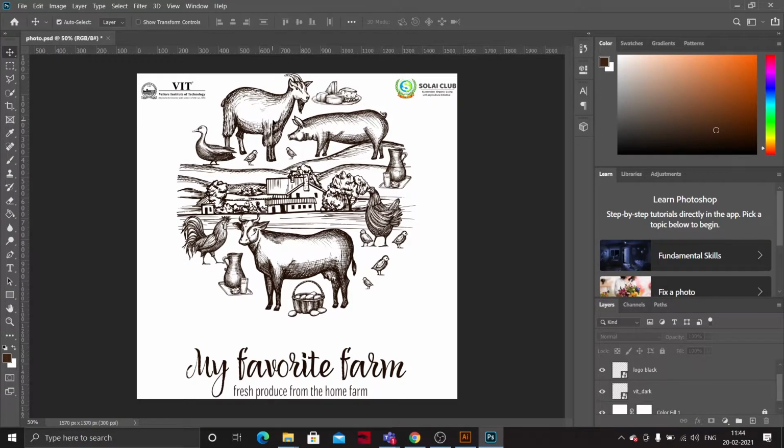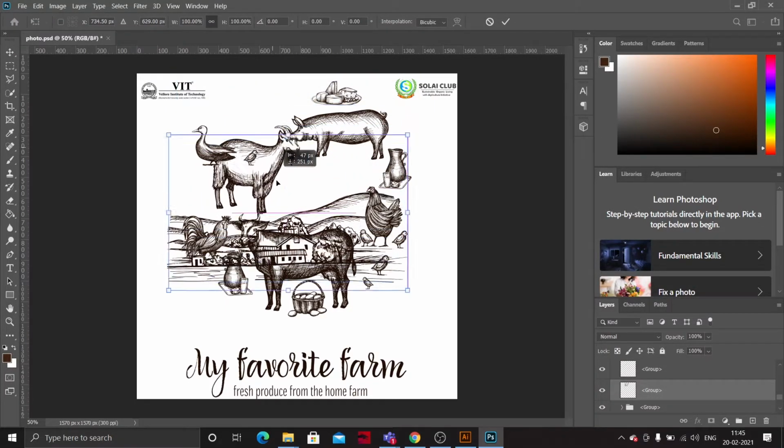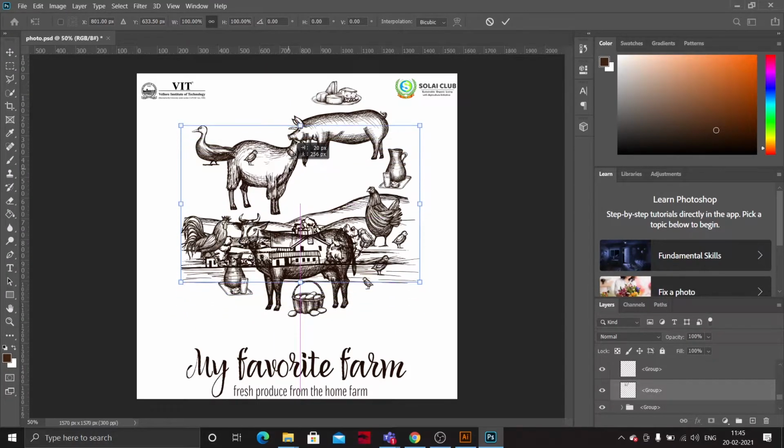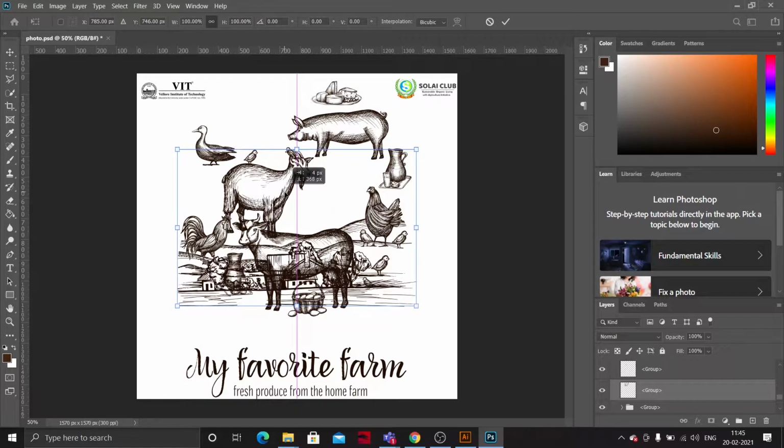See here, this is the layer thing, right? We can move here. See, this is a group thing. Can you see that? We can adjust anything like this.